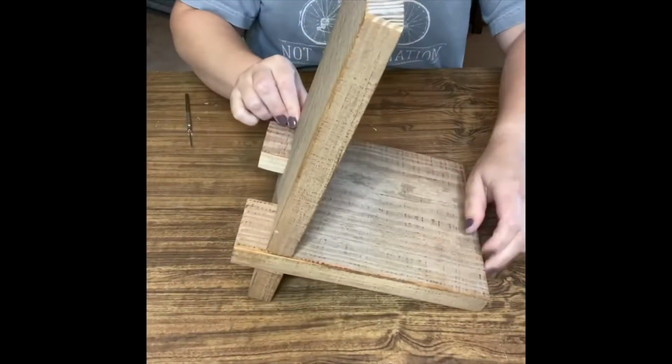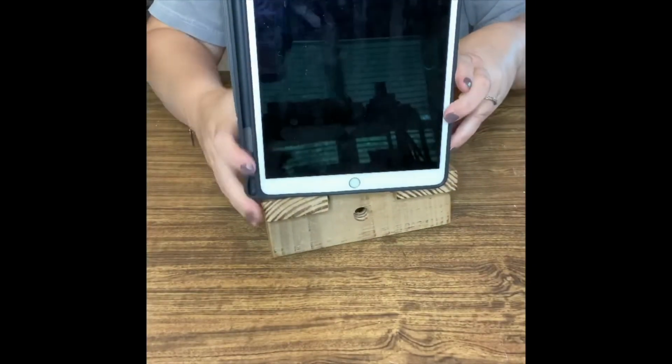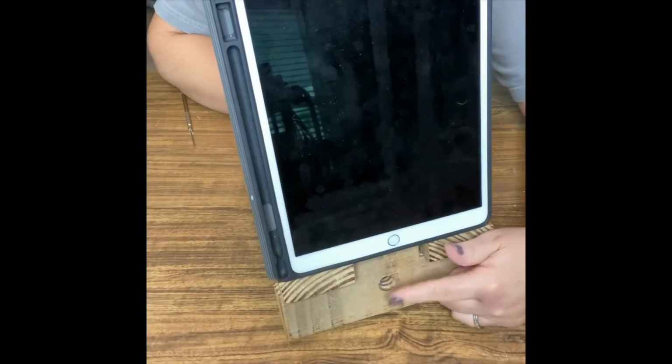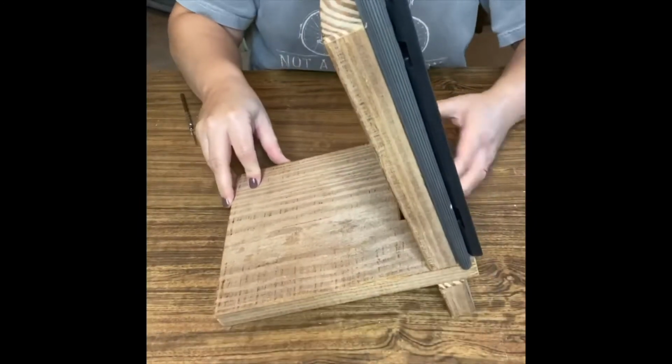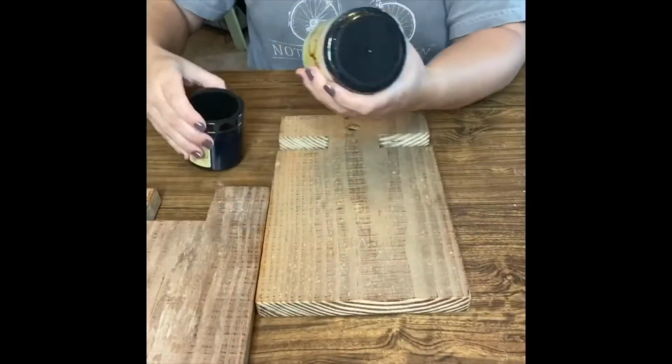Look how it snaps in place. I've been using it in an unfinished state. It's just been very handy to have around in my studio. Holds my large tablet very nicely, and it even has that little hole for a charger cord. Very nifty. But I'm going to give it a makeover, so let me show you what I'm working